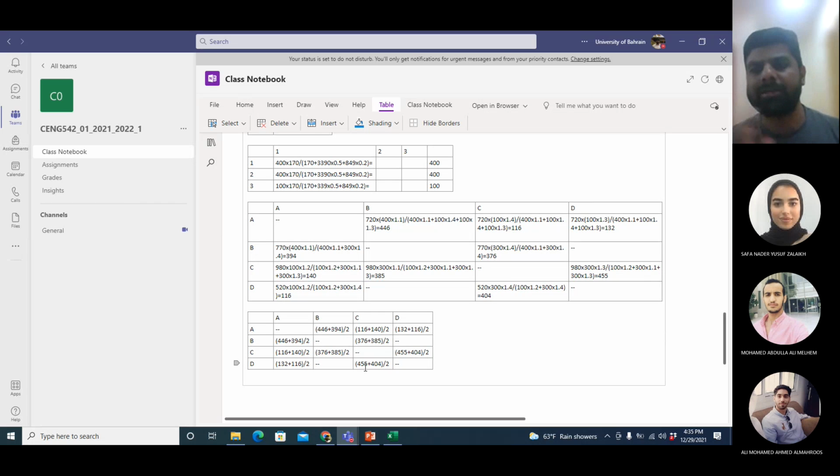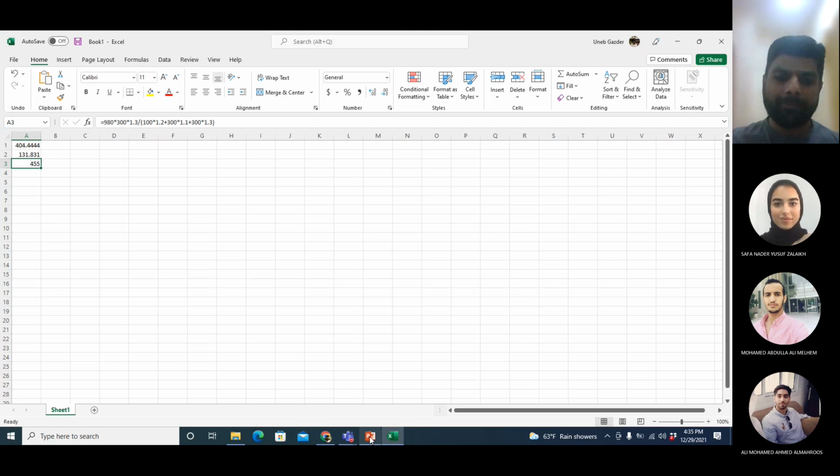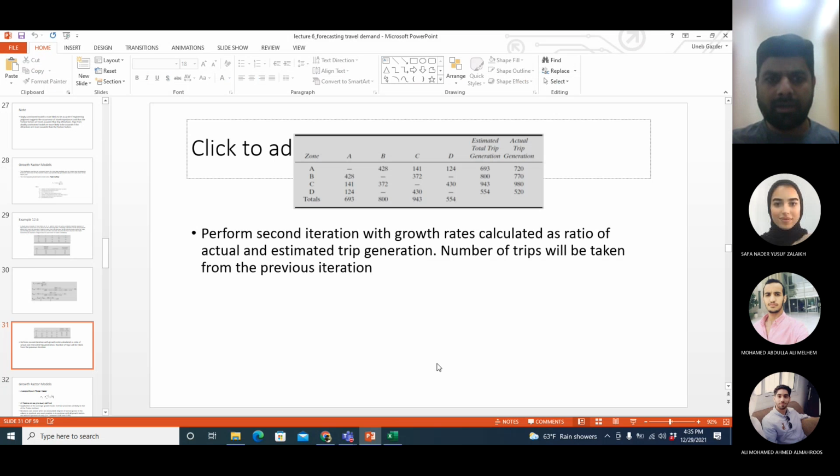And this was done in the previous example as well, using what they call the doubly constrained gravity model. In the gravity model, we were doing it by applying double constraints. Here it is relatively easy because you just take the average and do it. In the gravity model, you have to do multiple iterations to make them equal. But anyway, if you have any questions,